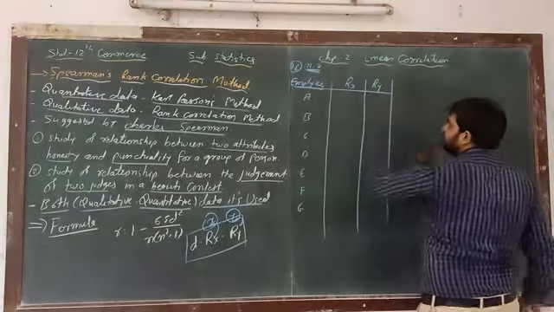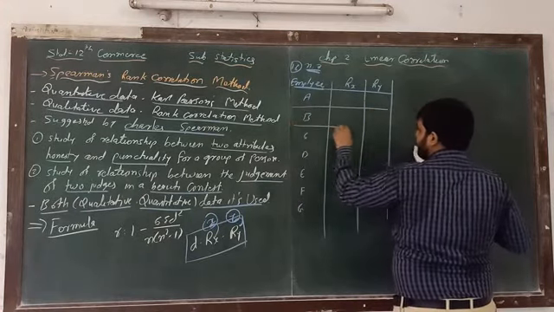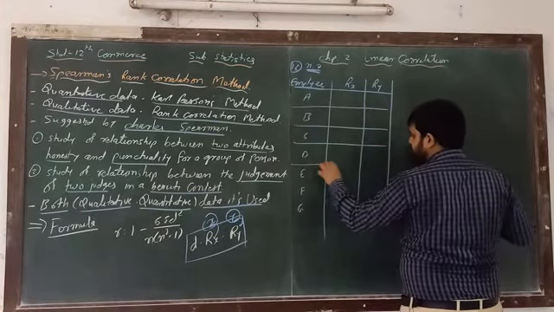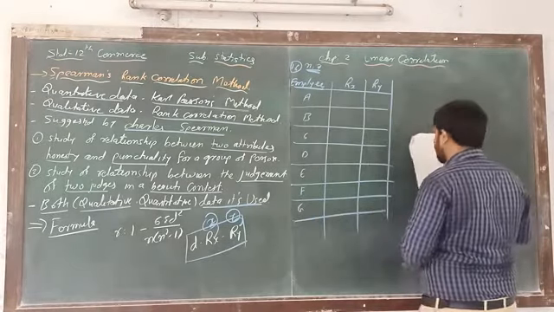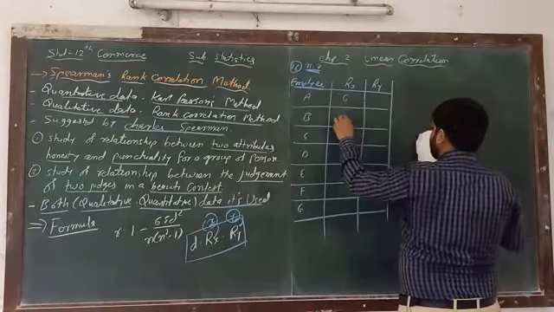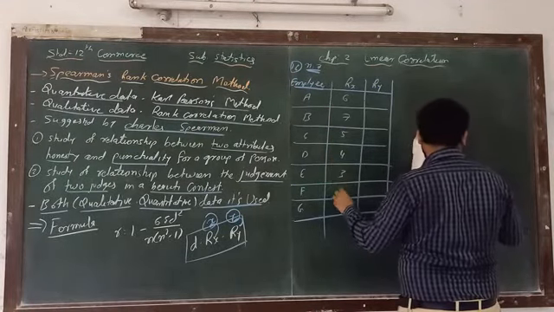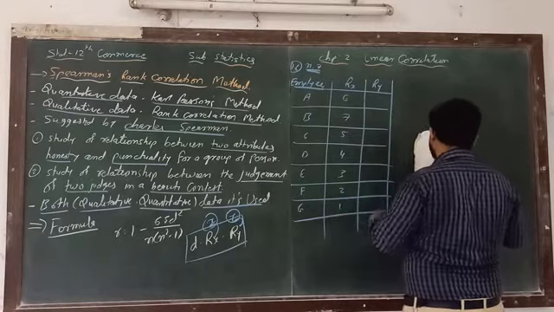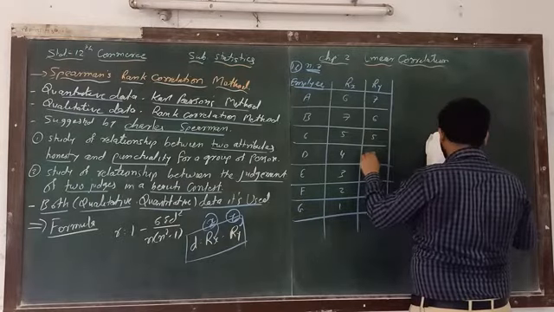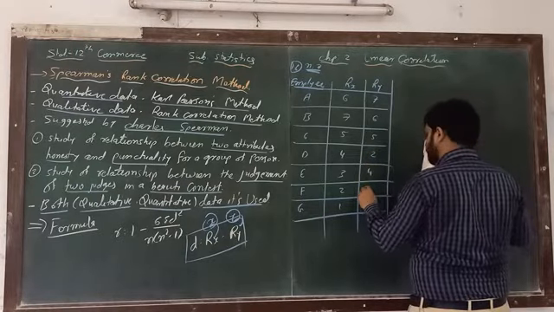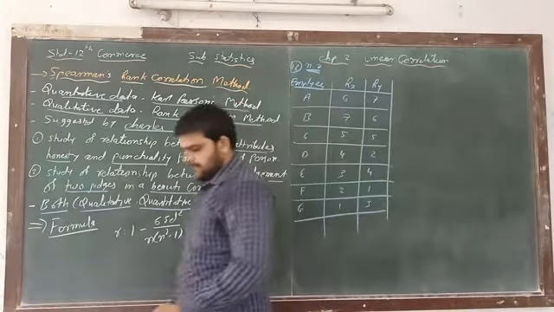Fine. So here first is given, that is first of all I draw a table, so it can be so easy for us. Okay. Rx: 6, 7, 5, 4, 3, 2, 1. Ry: 7, 6, 5, 2, 4, 1 and 3. Okay, so this is the example.